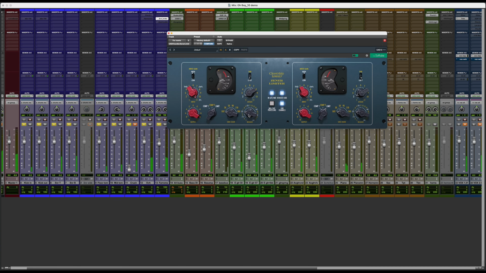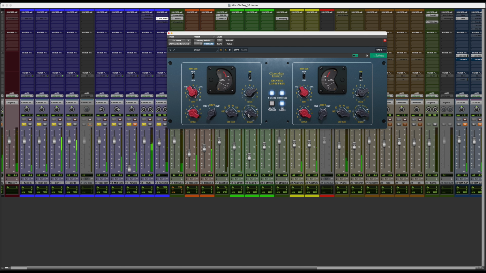The faster your releases, you'll notice things like cymbals pumping a lot more. It's often things like kicks and snares which trigger the compression, and everything else gets knocked back as well. You can really hear it on that crash cymbal just there. If we slow down the compression a bit, it's still doing it, but because the release is slower, it's just less noticeable to us. So that's something to bear in mind as well.